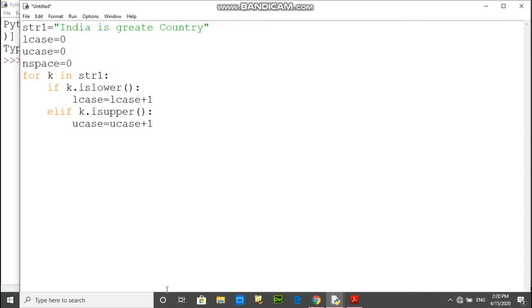And if k.isspace(), then space plus 1. At the last, we have to print the content.